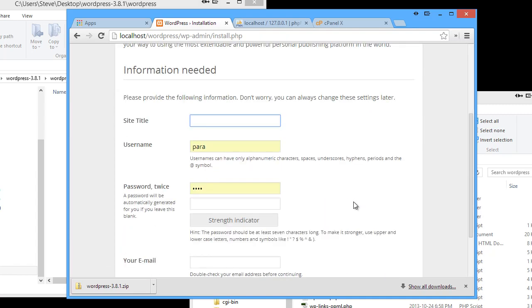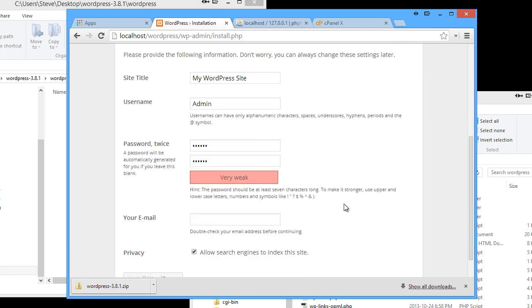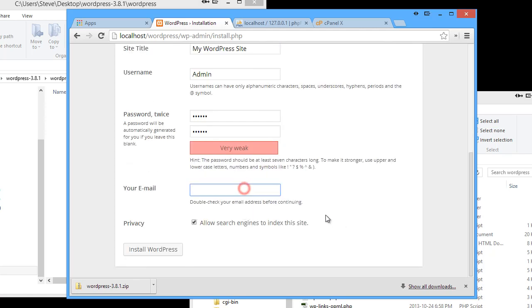and that's it. Let's give the site a title. We'll call it My WordPress Site. Give yourself a username, something you'll remember, and a password. And of course it's a very weak password, usually not recommended for WordPress installations, but this is a local installation, so it shouldn't be too bad. Give yourself an email address where system messages can be sent, and well, allow search engines to index the site. That's up to you to decide. So install